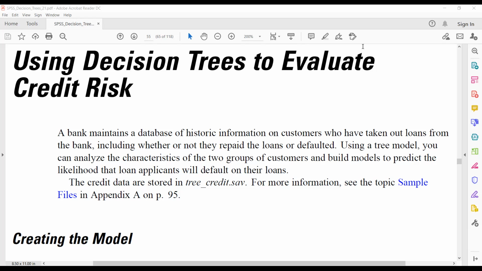Using a tree model, we can analyze the characteristics of the two groups of customers and build a model to predict the likelihood that the loan applicants will default on their loans. The different attributes are there, like education of the customers, the age of customers, and we have a class variable, which is whether the customer repaid the loan or defaulted. This is the class variable which we can use